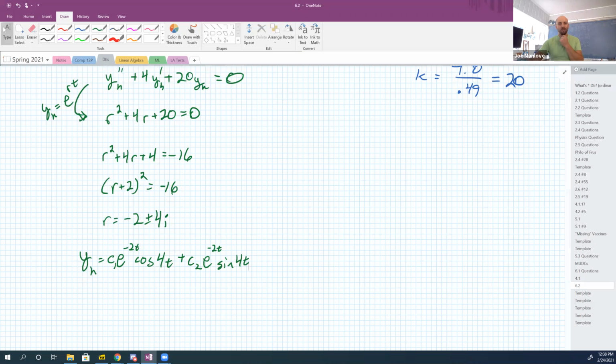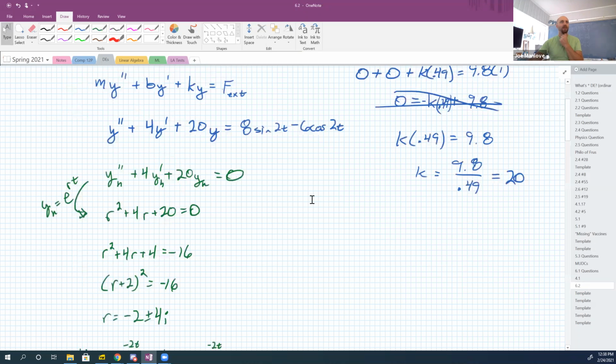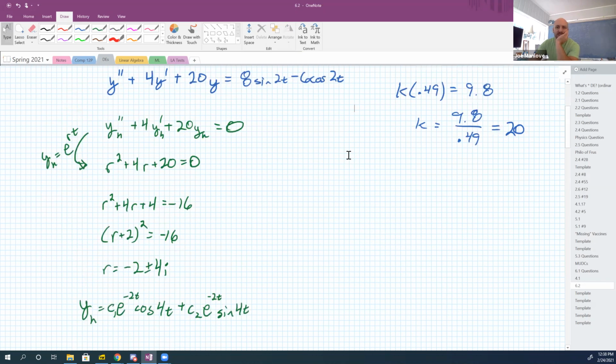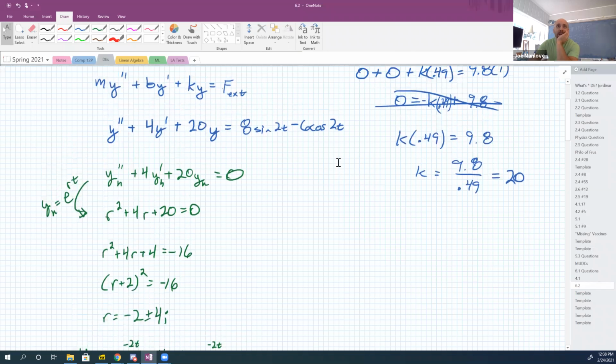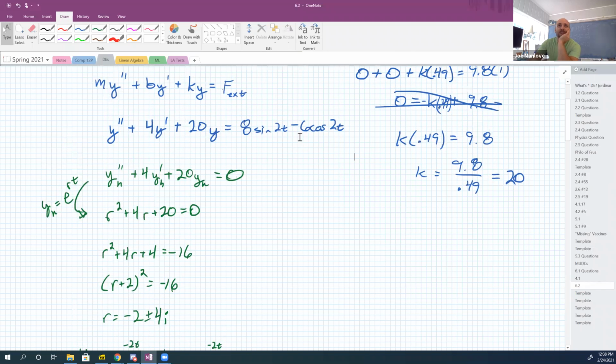What's my next goal? What was I originally working with? A bit ago I was working with this thing, right? Okay, and then I went and found y homogeneous. And now if I'm looking at this, I'm thinking to myself, self, you need to solve that. That right-hand side is a problem. So far I've solved the right-hand side equals 0, but